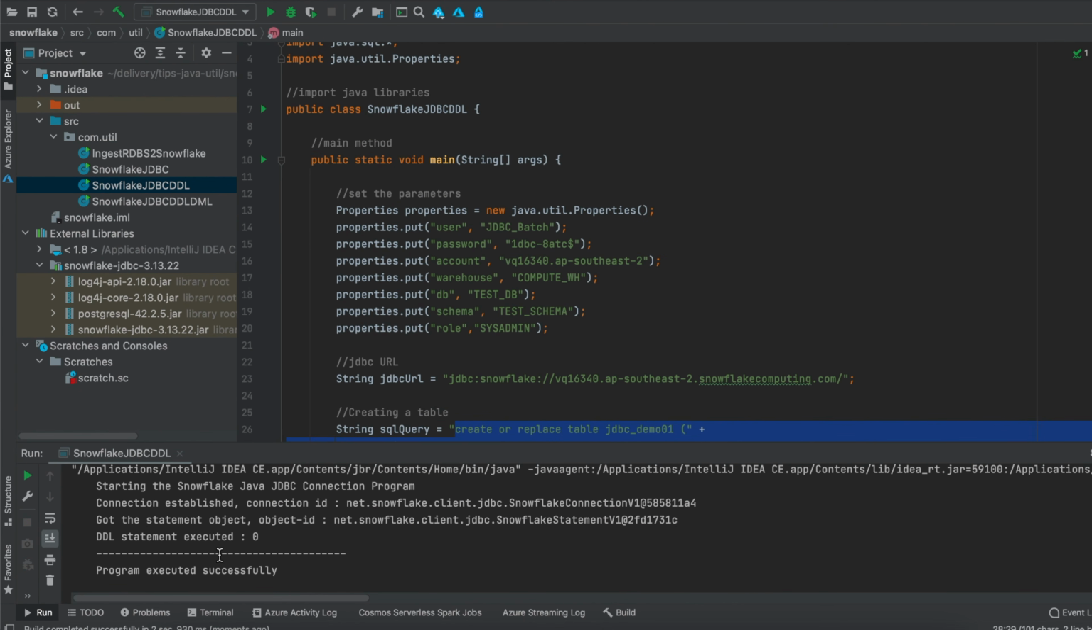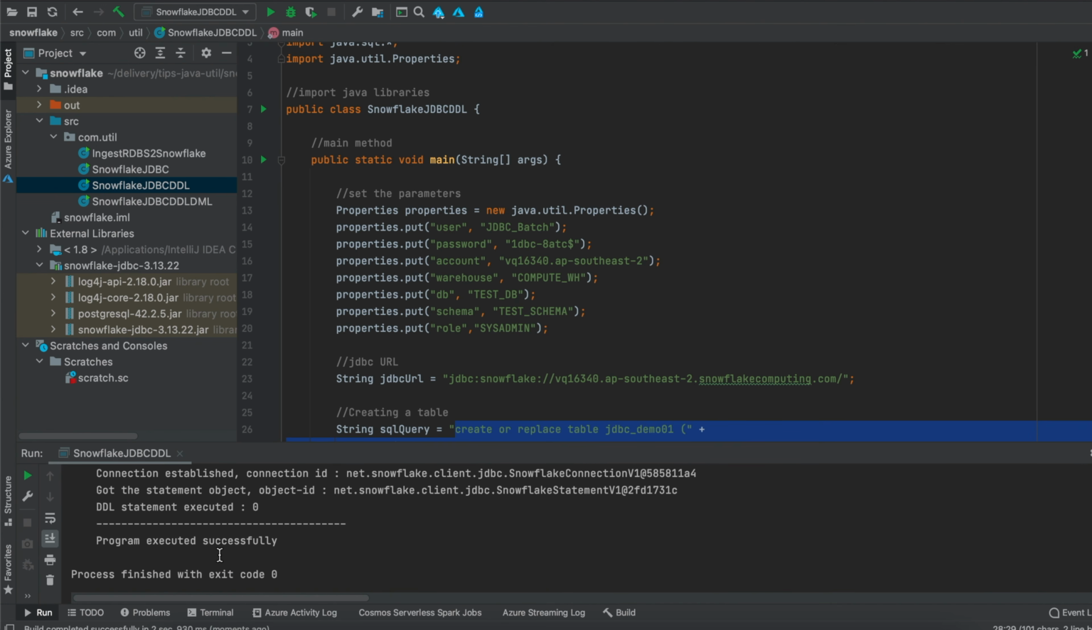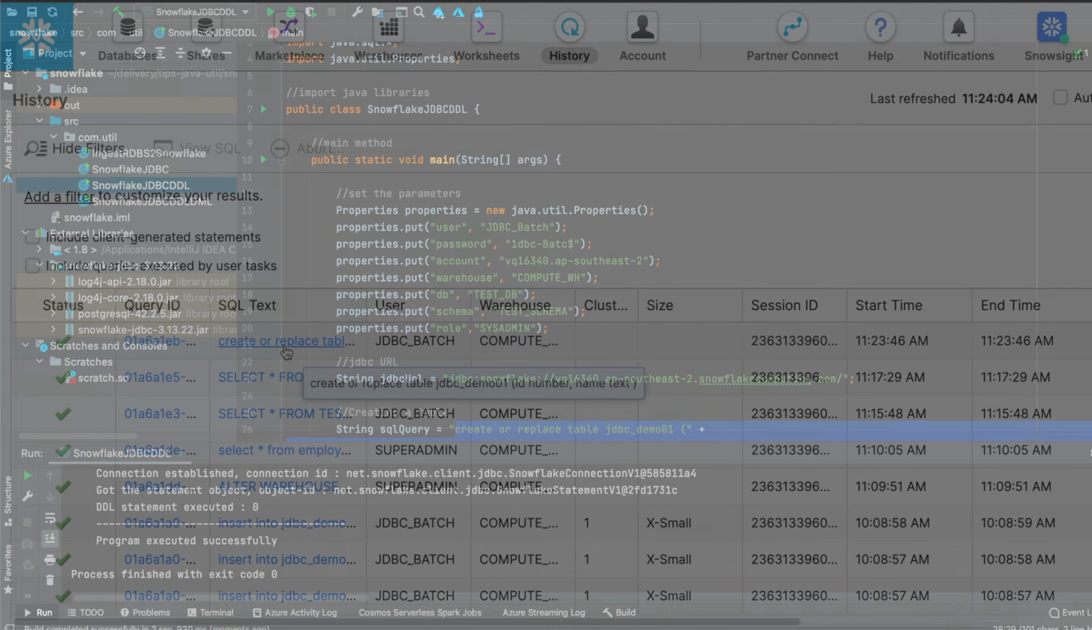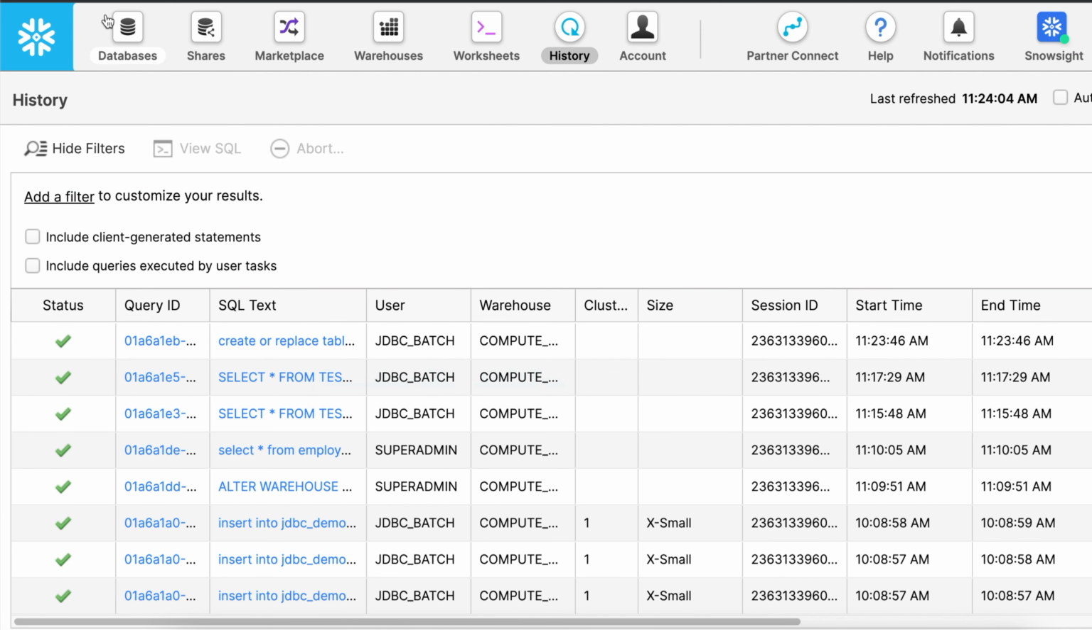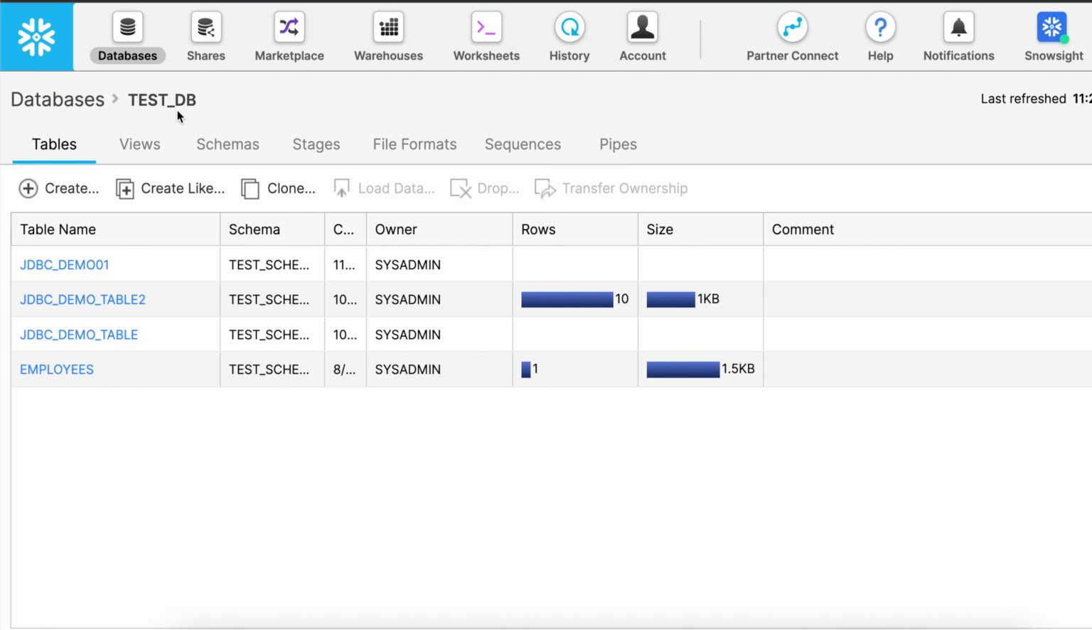Here my program got executed successfully, and to validate that, I will switch to my Snowflake web UI. I can see my table created successfully. Let's go and validate through the database tab. So here I am in my test database under my database tab, and when I go to the tables tab, I can see my JDBC_demo01 is created successfully. And this is how I can use a Java JDBC program to create a table or any kind of object